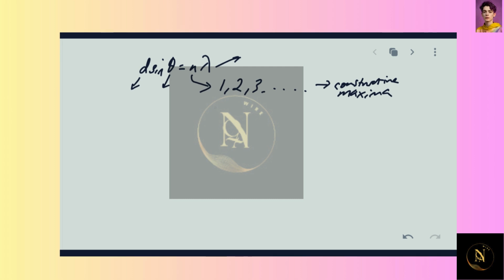But if they are half integers, this is where you get destructive interference or minima. So we get the minima over here, and we are interested in the minima because we're looking at a dark fringe. So the first dark fringe will be when n equals half, and we are given that this